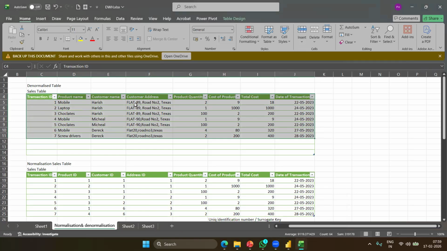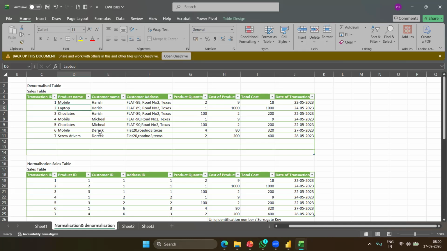Now the problem is, if you see Harish, he regularly visits that particular store and purchases items, so that means his data would be repeatedly captured. Similarly, if a laptop is there, the laptop information is repeatedly captured, so that means we are creating data redundancy. And we all know the disk space required to store is not free, it has its own cost. Now what we are doing is simply storing duplicate, redundant data. That means we are increasing the cost to the organization, right?